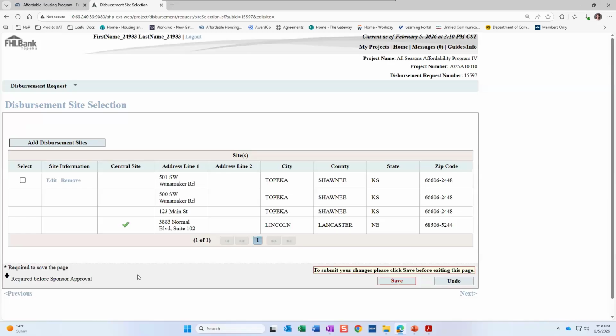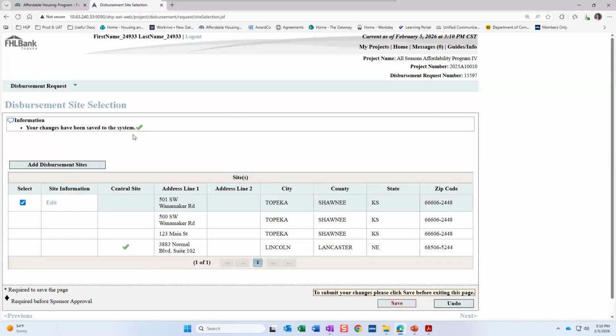So this is the screen that we initially started on when we wanted to create our site. Now that we've created our new site, we're going to select the checkbox next to our site and then click Save. Once we've done that, we should get a green check mark here, meaning we are good to go. If you do need to go back and edit the site, you can do that by clicking this edit button here, and it'll take you back through those same screens to edit whatever you may need to on the site.